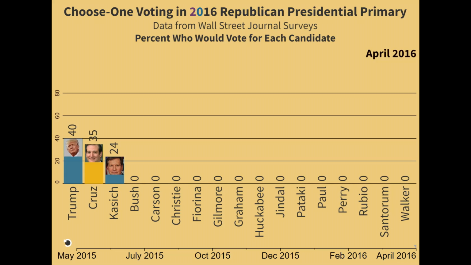Fortunately, the Wall Street Journal asked a second question. The question was, who could you support? This is extremely similar to the question, who do you approve of? Which is how approval voting elections are handled. Furthermore, the Republicans were allowed to answer this question with as many candidates as they wanted, which is also the way approval voting works. The next bar chart shows the results of those polls.